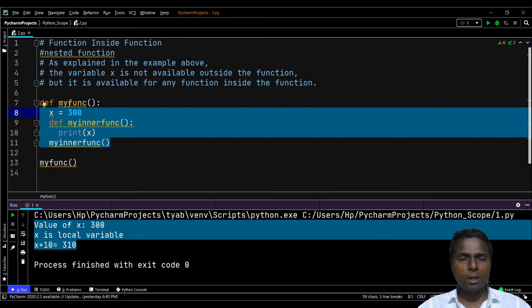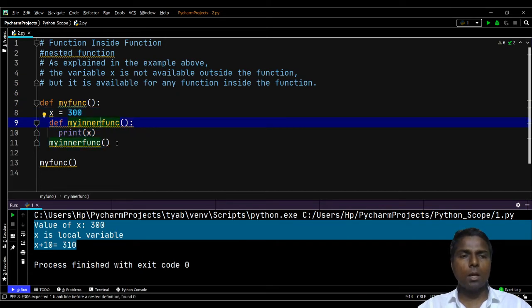And in the definition of myfunc, we defined one more function, that is my inner func. The name my inner func is the user defined function which we are defining inside the myfunc function. It means my inner func is the function that we have defined inside the myfunc function, and this is called function inside function.